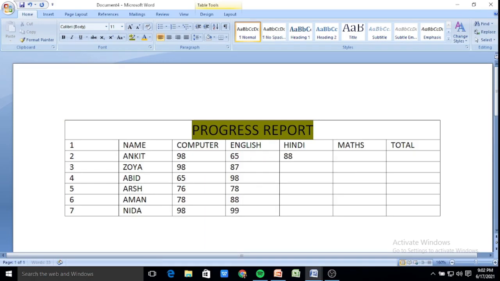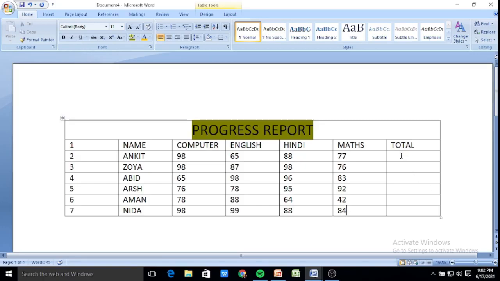Now in Hindi 88, 98, 96, 95, 64, 88. Maths 77, 76, 83, 92, 42 and 84. So these are the marks I have entered into the table.